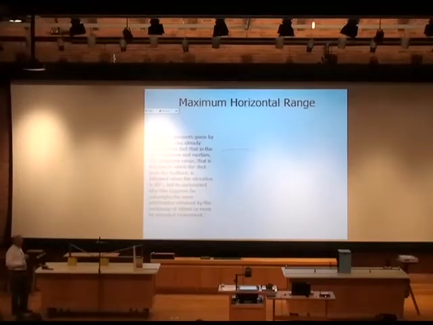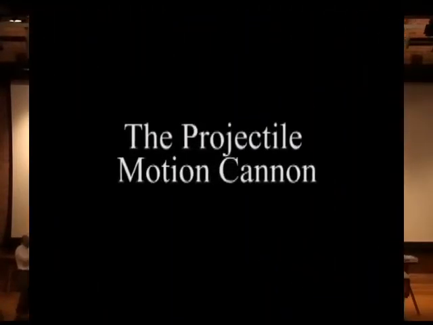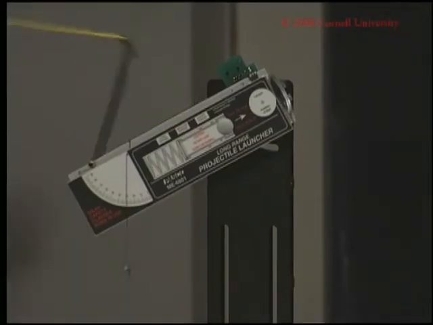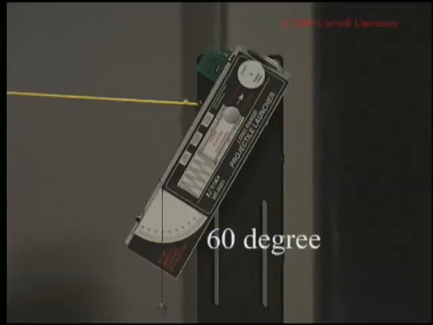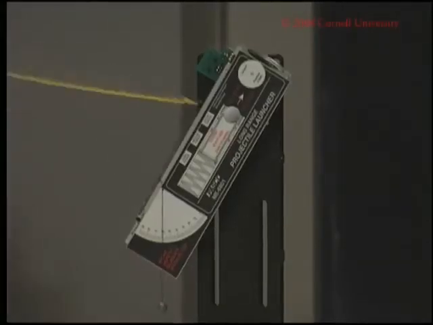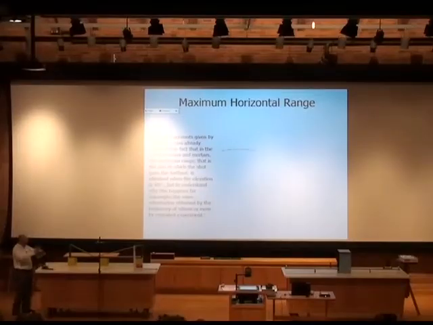I almost hit it, right? So 60 degrees and 30 degrees will hit that tray, okay? So now, let me try 45 degrees, which is Galileo's great derivation. Namely, that will give you the maximum range. And